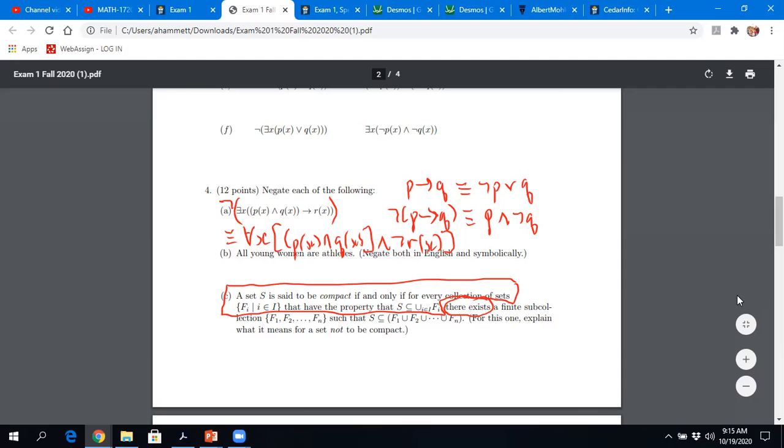And what really is going to happen when you take the negation of that is that for any finite subcollection, the set isn't contained in there, right? So there's no way to actually take a finite subcollection and still have the whole set in there, okay? That's all you really had to do for that one. You just had to say, for any finite subcollection, the set isn't contained in it, okay? It's contained in all of them, this infinite collection, but any finite subcollection doesn't work, okay? So that's how you would negate this third thing. All right?